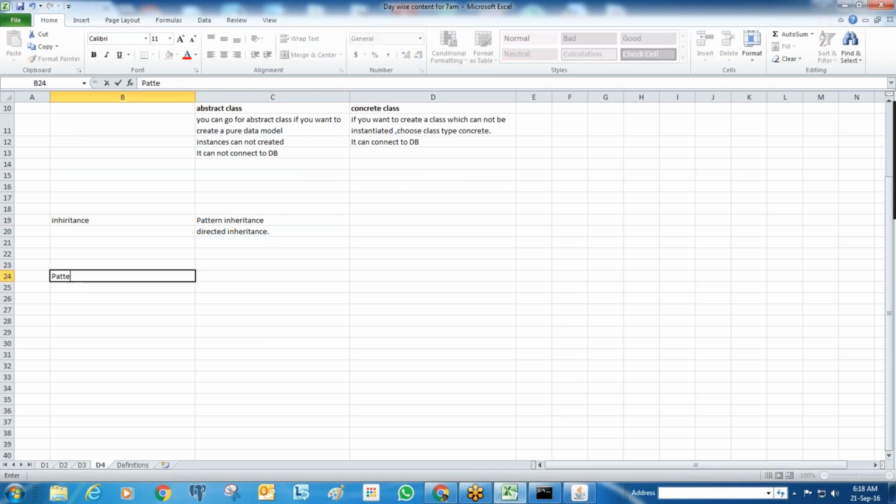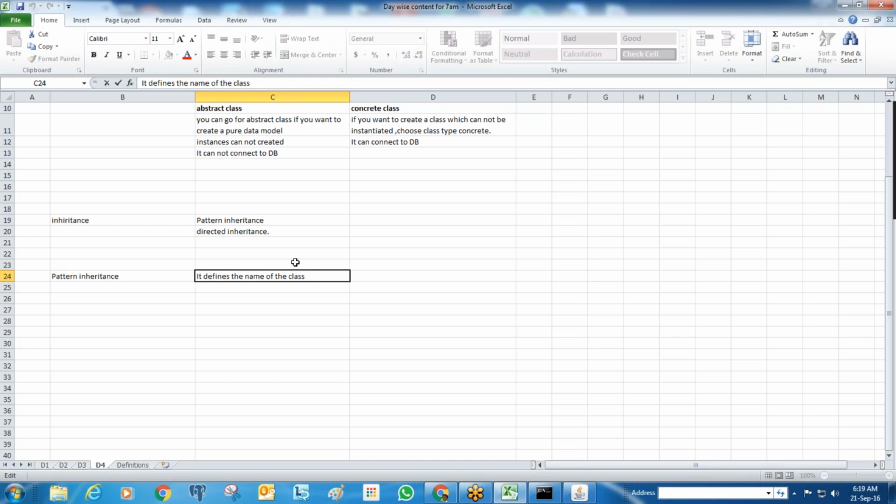Pattern inheritance defines the name of the class. That means that while creating the class name itself, we need to follow the pattern inheritance.